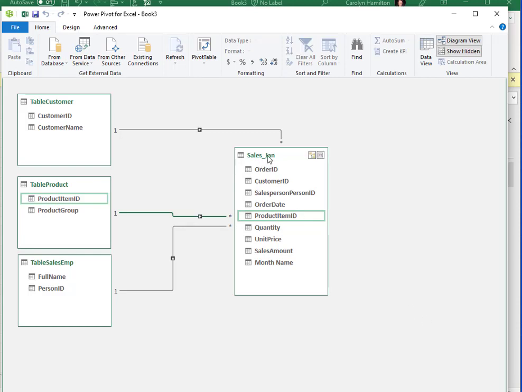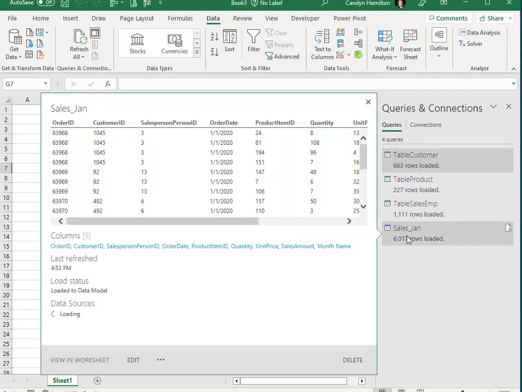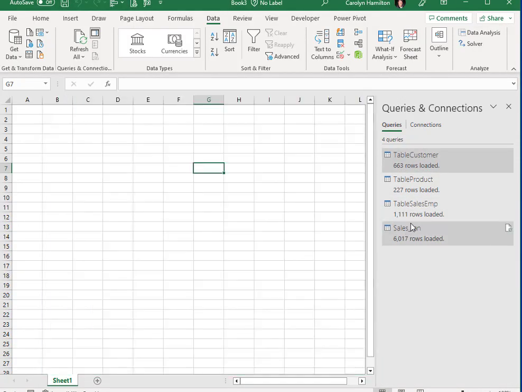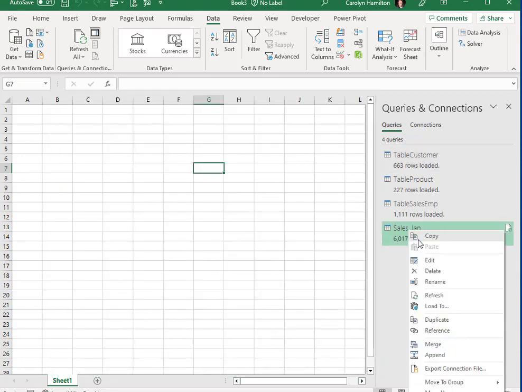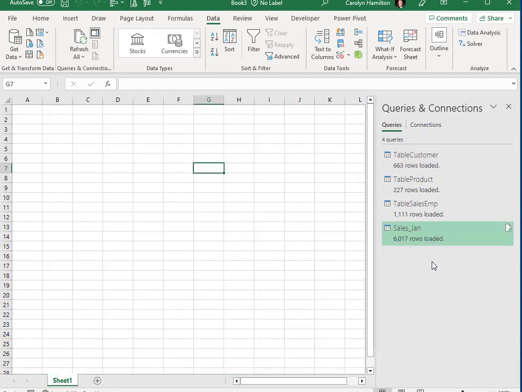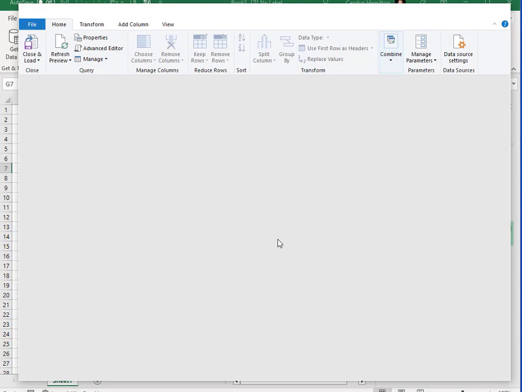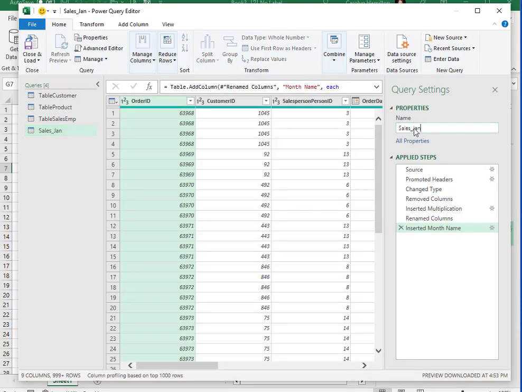Okay, this is the January sales. Close that down. The problem is that January sales is, I'm going to do this for every month. So I want to rename this. If I right click on it, I can edit, and you have the ability to change the name. If I make this monthly report